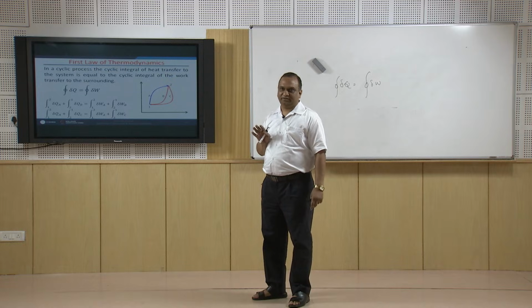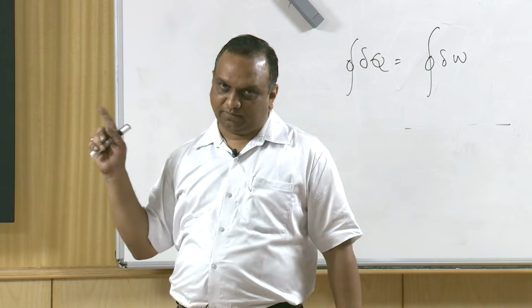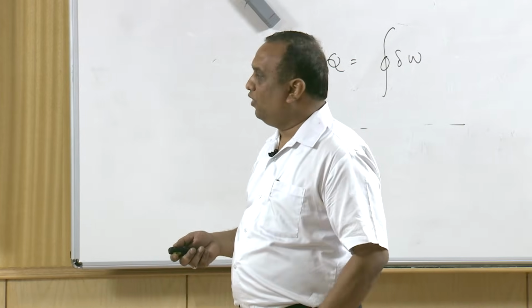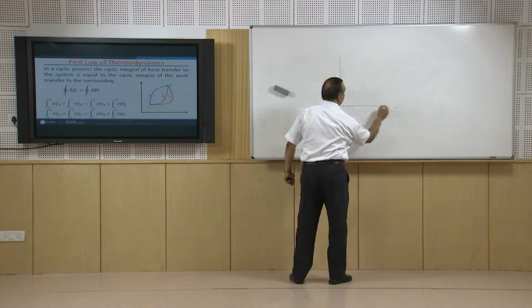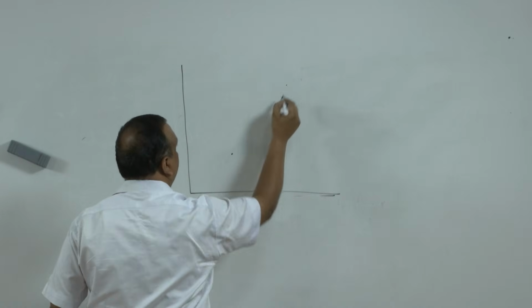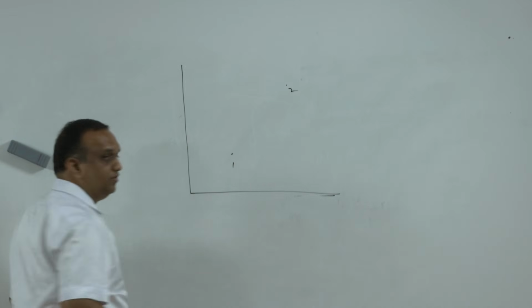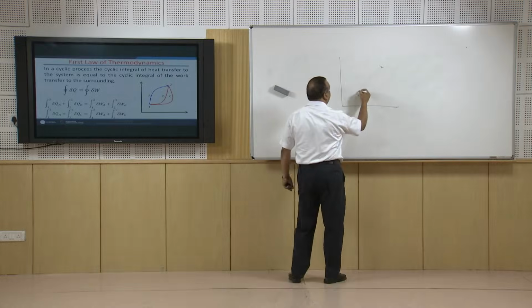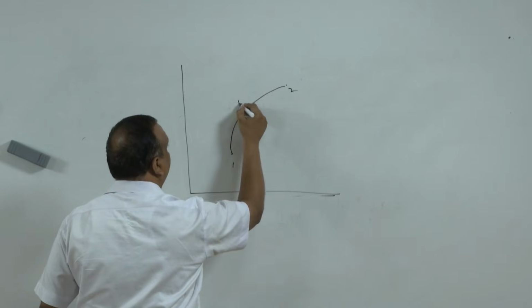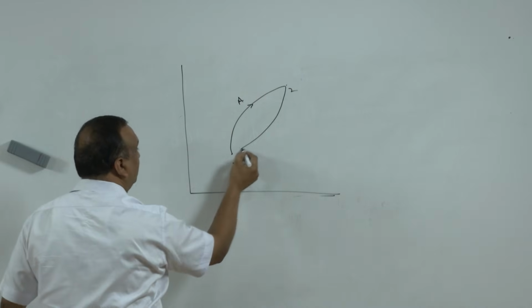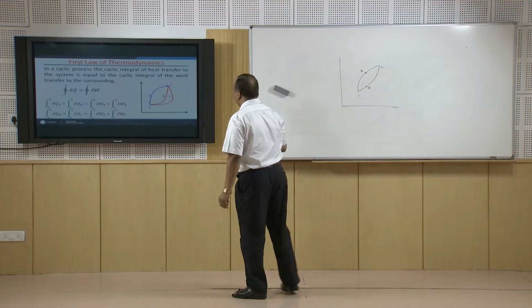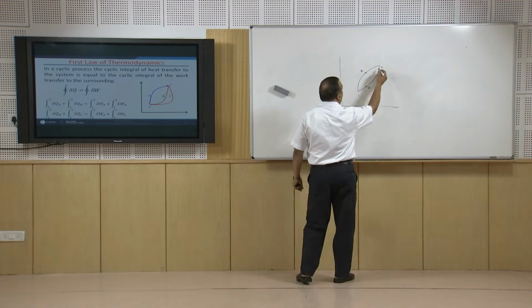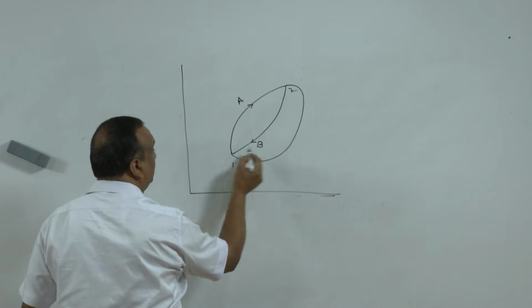Now, the statement of the first law of thermodynamics does not say anything about the internal energy. The concept of internal energy is derived from the first law of thermodynamics, and this is how it is done. Suppose there are two states, 1 and 2. From state 1 to state 2 you are going by path A, and from state 2 to state 1 you are coming by path B, as shown here in the presentation. There is an alternative path through which you can also come to state 1, that is path C.